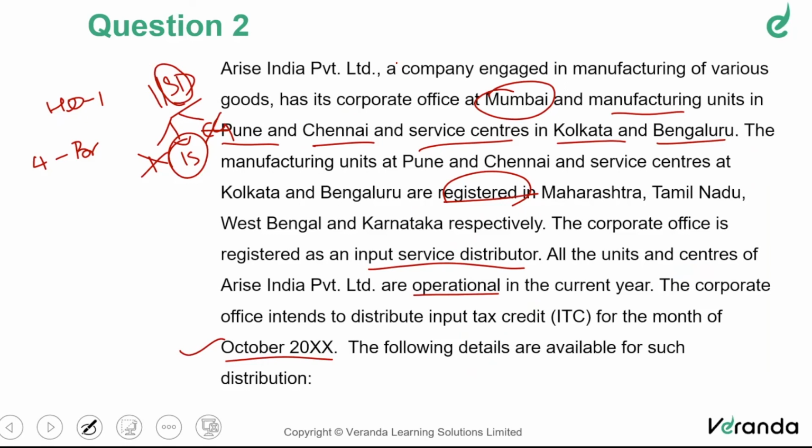So the assumption is that there is no operation in any of the units in the preceding financial year. Therefore, they have given the preceding quarter turnover, and we have taken that and worked with it. Even otherwise, you can state the assumption. Then it shows the examiner that you have really read the rule very carefully. But anyway, here they have given the preceding quarter turnover, and they have used that, no problem, because there is no other option here. So that is one point that you need to note: relevant period turnover, what to choose. Sometimes they will give the preceding quarter also, and the preceding financial year also. In that case, be very careful in choosing the relevant period. Normally, the preceding financial year is to be taken in case of ISD.